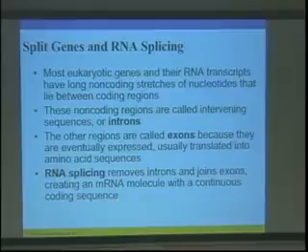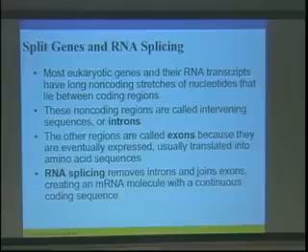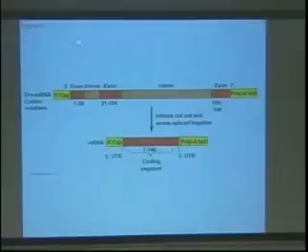And then the parts that are left that are actually translated are called exons. Okay, and then what's left is translated into amino acids. And it's a process of what we call RNA splicing that removes those introns. So that's the process that's going to cut out what are the intervening sequences. Okay, so in principle it sort of looks like this. So again, we have our region that was transcribed, the cap and the poly A tail. But if you look at it, what's going to happen is certain parts of the messenger RNA are actually going to be cut out, spliced out. Okay, and that's going to occur. And then the